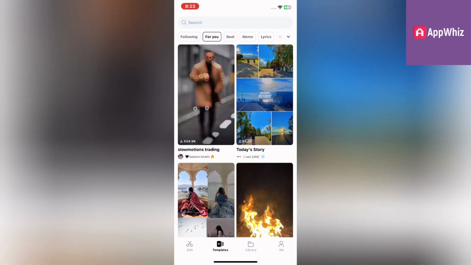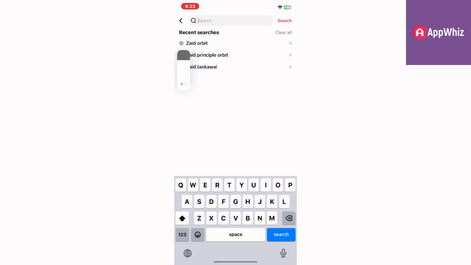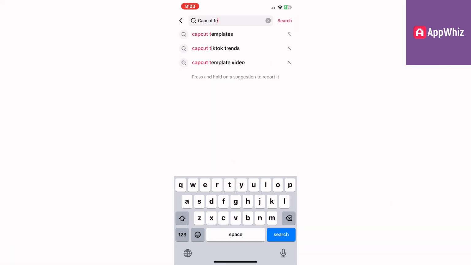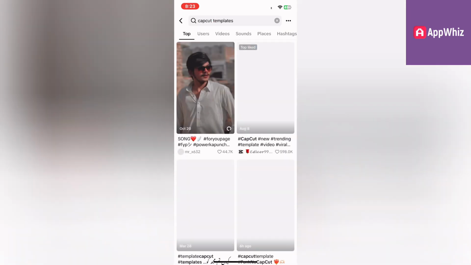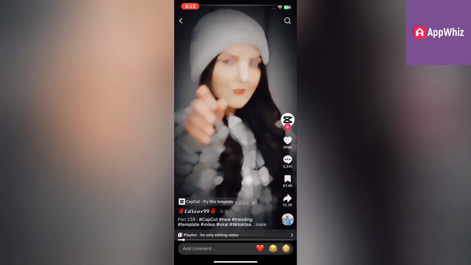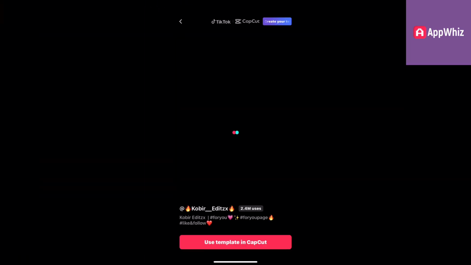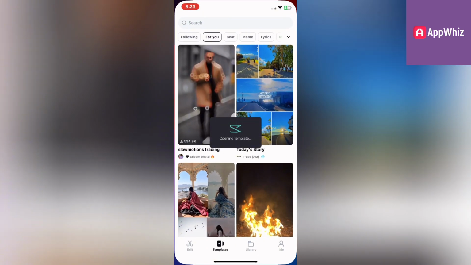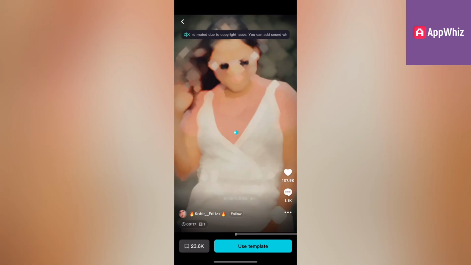The second step is to open the TikTok app on your device and go to the search bar. Now type CapCut templates. Now you want to find a TikTok video that has a little button like this. It should say CapCut, try this template. Then click on use template in CapCut and wait a couple of seconds until the template loads in the CapCut